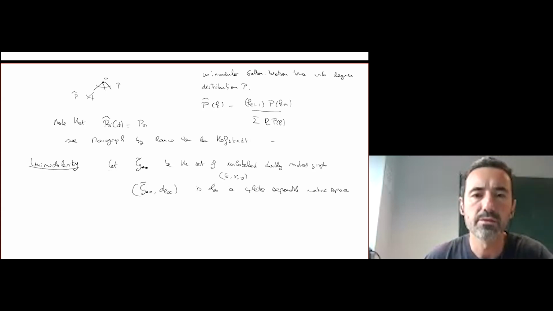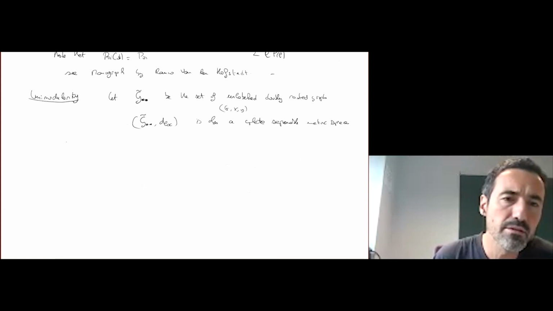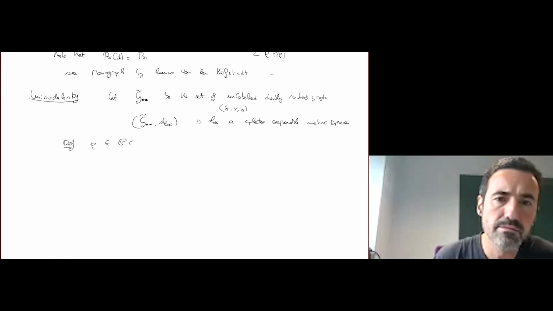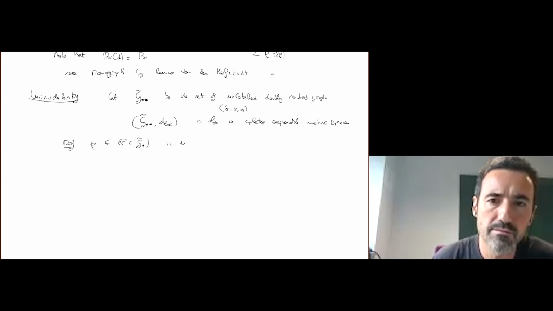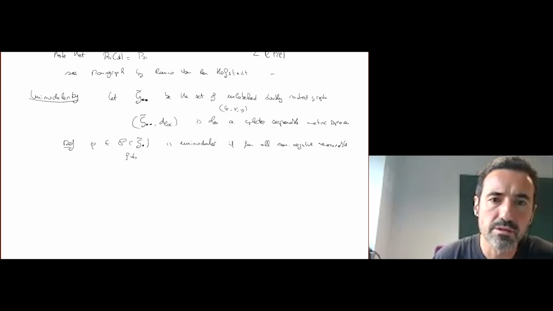Okay, and then you will say, definition, that a measure rho on random rooted graphs is unimodular if for all non-negative measurable functions f